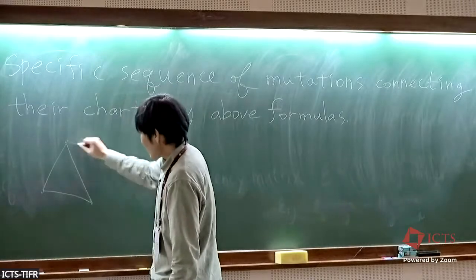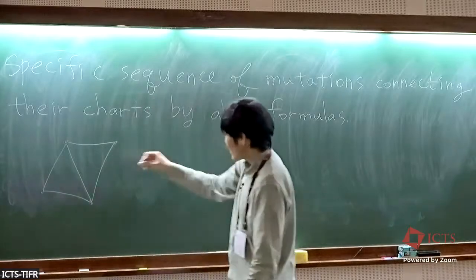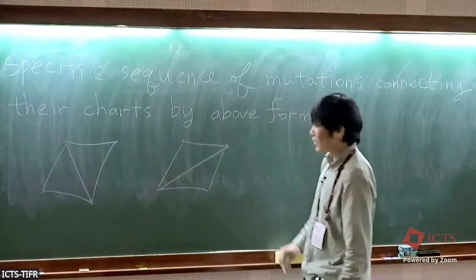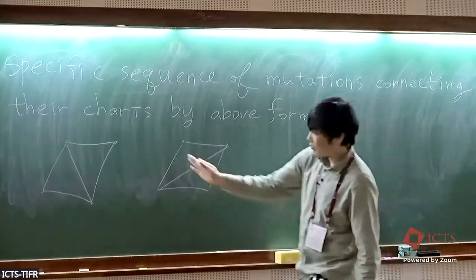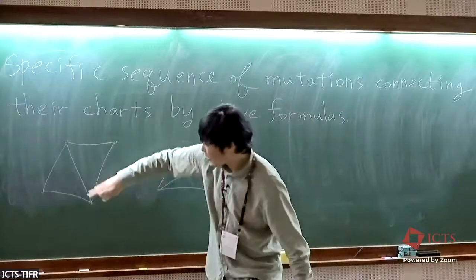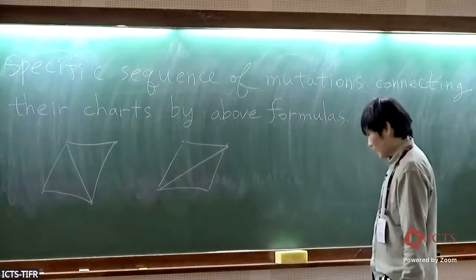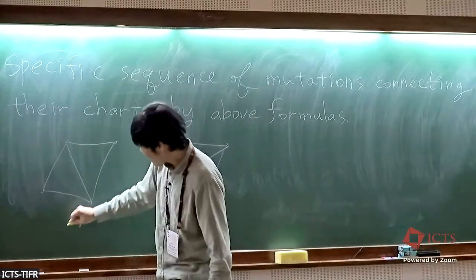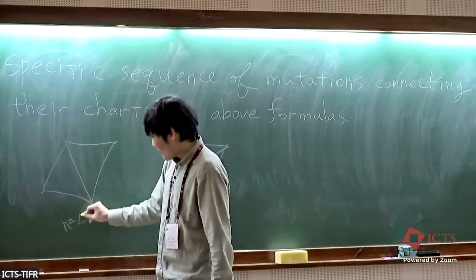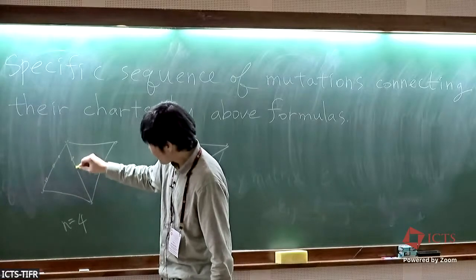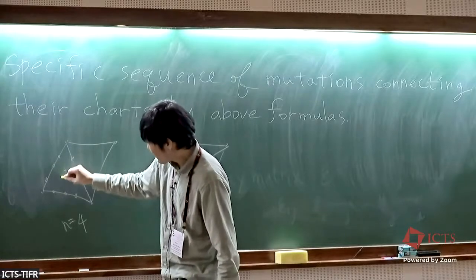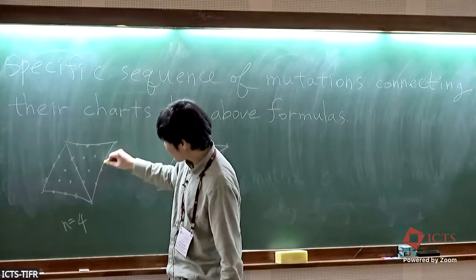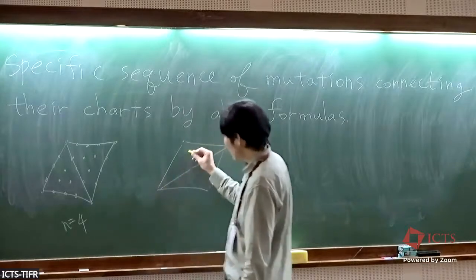So let's say that you have an ideal triangulation like this, and then you change it to this different ideal triangulation by a so-called flip. You just replace this by the other ideal edge, and then let's say when n is 4, you have this complicated looking quiver whose vertices look like that. I'm not going to draw all the arrows. And then for here also,